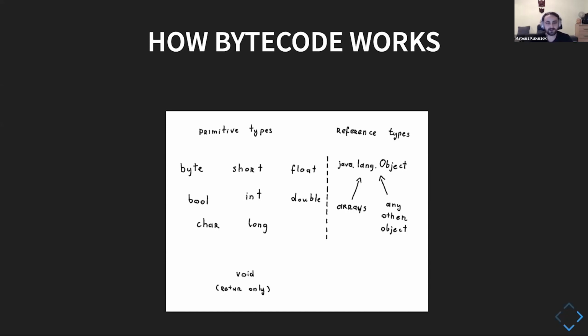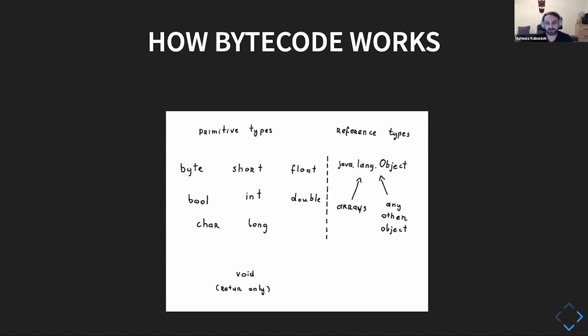And the other type is reference types. The reference types are things that extend java.lang.Object. Even if we don't do this ourselves, the Java compiler or Scala compiler will always make sure that whatever we are implementing is extending this Object. And so the way that those two work is slightly different. As I said, primitive types don't have methods. They only work with the instructions that the JVM provides for them.